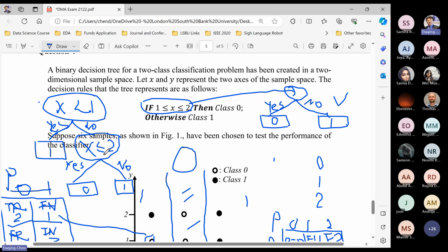And if you change this to, let's say, greater than 2, what would you change here? Still yes, no. What would you change here? If it's greater than 2, then class 1. Yeah, swap them. So this time, this is 1 and this is 0. So if you're clear, it doesn't matter what condition you put there, which one is yes, which one is no, greater than, less than. If you're clear about this,